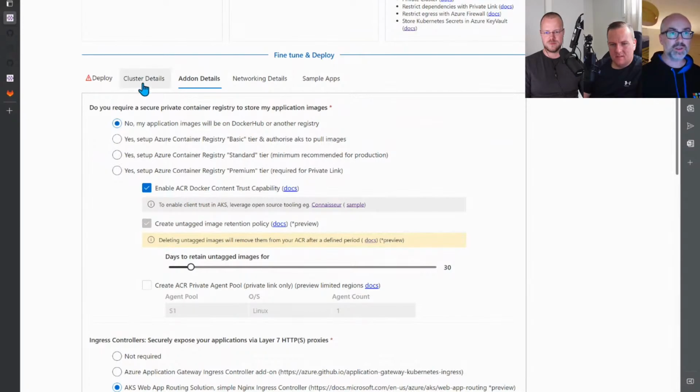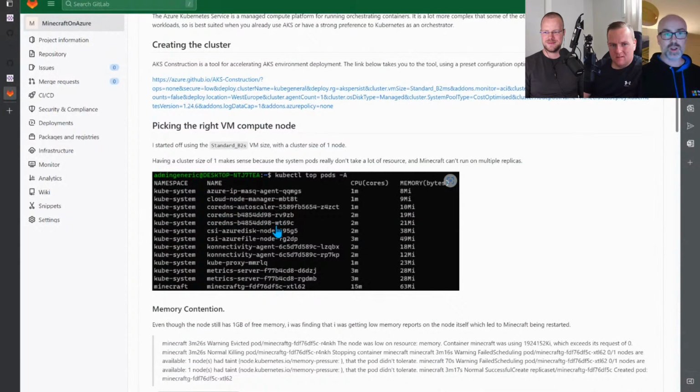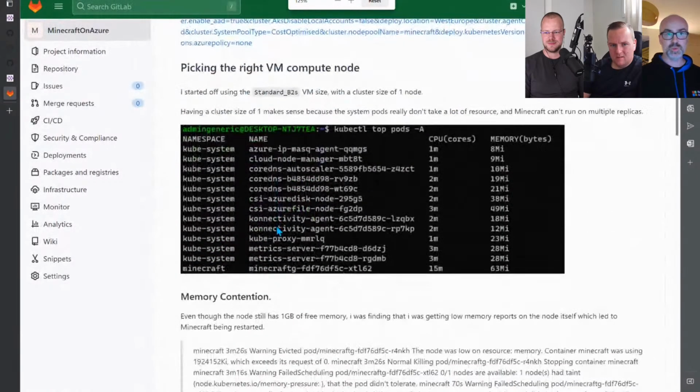So I'm going to go on a slight tangent. I do love my tangents. I've got another repo here, which is all around running Minecraft on Kubernetes. But you can see from the screen grab straight away, these are all the system services that are running. I haven't even chosen to install monitoring and a bunch of stuff on there. I'm trying to get the slimmest install that I can, but you can see straight away we've got all these different services. It's not massive usage, but the more things I put on there, the more I need to be worrying about it.